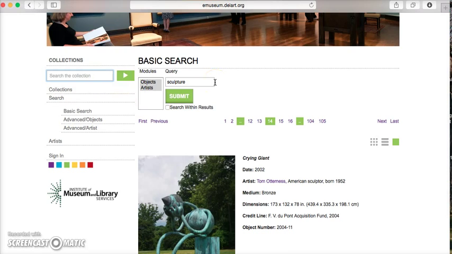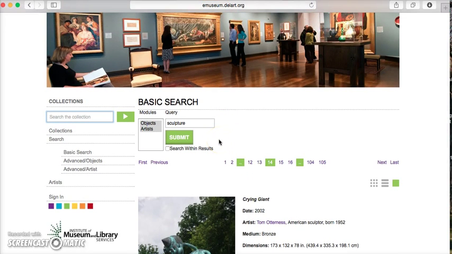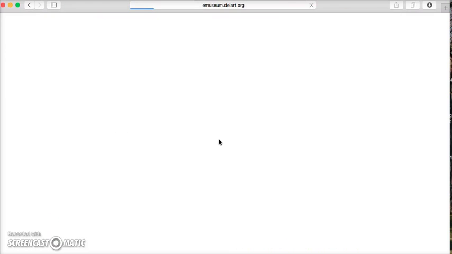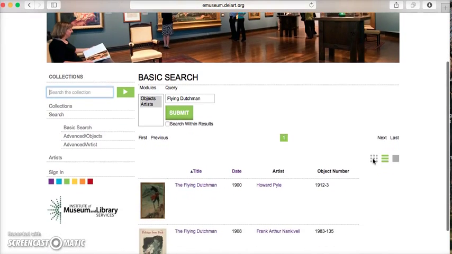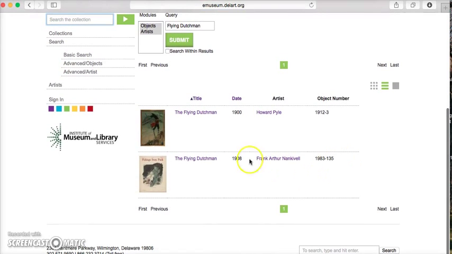We can also do a search for specific works. If you perhaps are familiar with our collection and you know that you would like to speak to students about our illustrations and maybe some of the more famous ones, perhaps a Howard Pyle. One example might be the Flying Dutchman. You can type in what you know of the title, and it'll pull up anything relevant. So in this case, we've gotten 2 results, and we know that this is the one we want, the painting by Howard Pyle. So we click on that record,